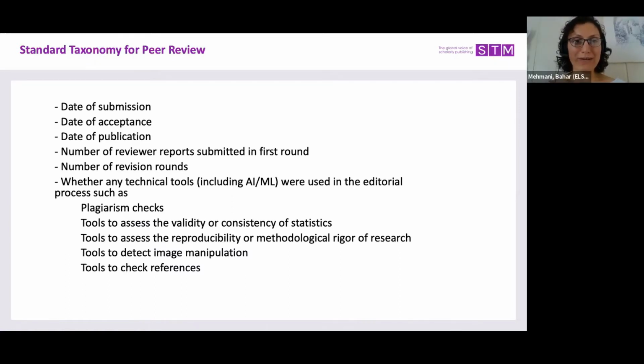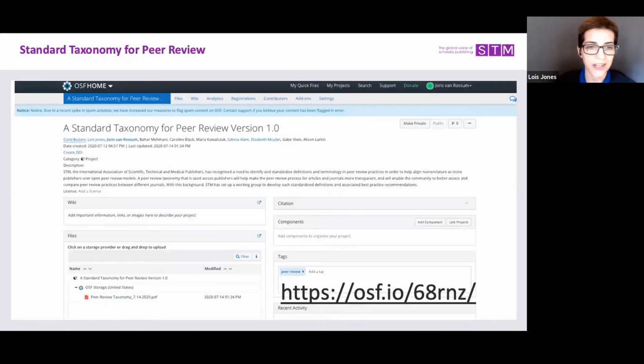Fantastic. So, Louis, where is this taxonomy document? So we have it on OSF, so the link is here, and we are going to be asking for comments. If you look at the image that's up right now, there's a little tiny blue bubble in the top right-hand corner of the screen. So you do have to register to comment, but please comment. And so are we going to be able to send out this link, Joris, after this? Yes, we will. Okay, great. So the PDF is available on this OSF link. So everyone on the call and out there, we are inviting you to please go to this OSF site and read the document and give us your impressions and feedback.